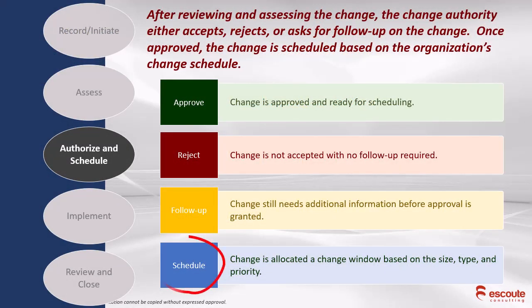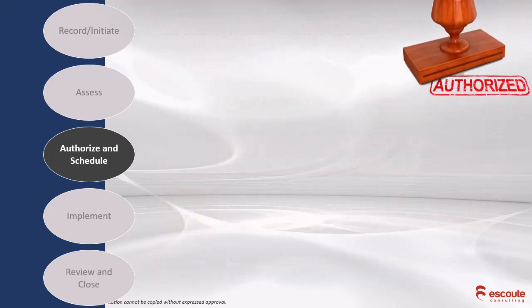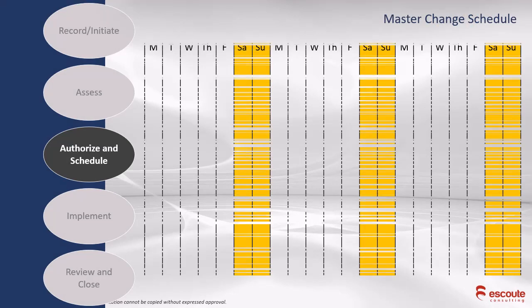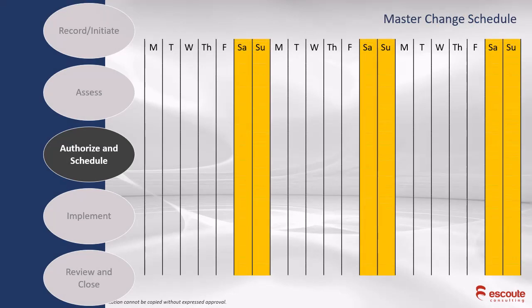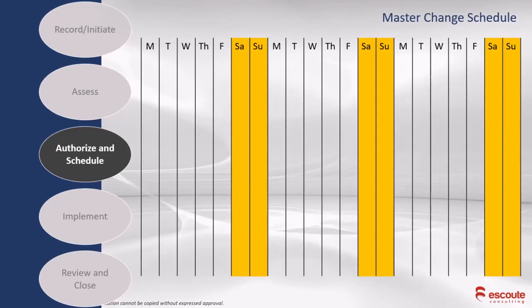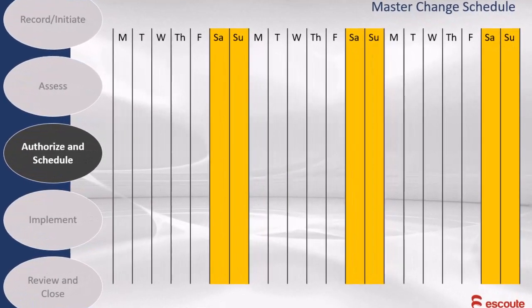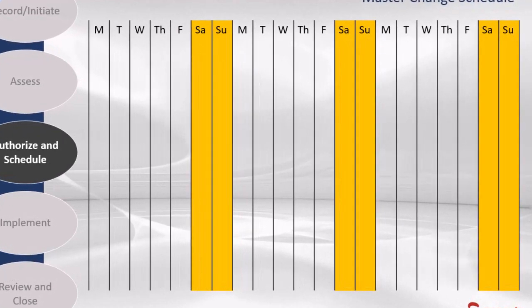So let's talk about this thing called a change schedule, one of my favorite parts of change control. So we've authorized. So let's talk about this master change schedule. If you pictured, this is an example of the way my organization did it at my managed service provider. Remember, I'm doing hundreds, if not thousands of changes in a given week. We kept a rolling master calendar, as you see here, Monday through Friday with a Saturday and Sunday in there,